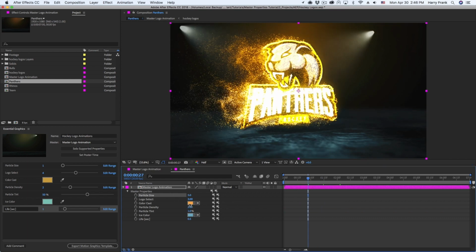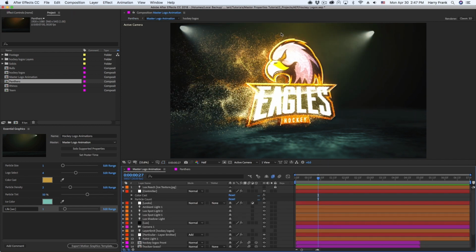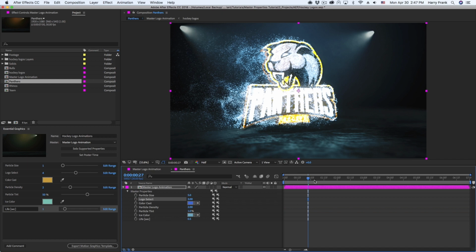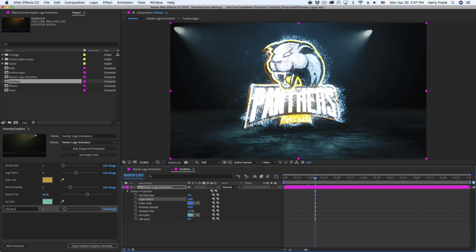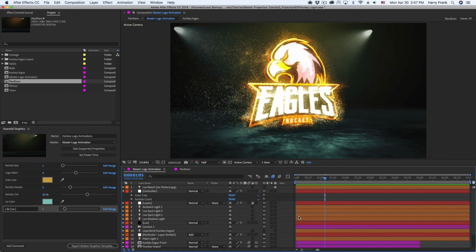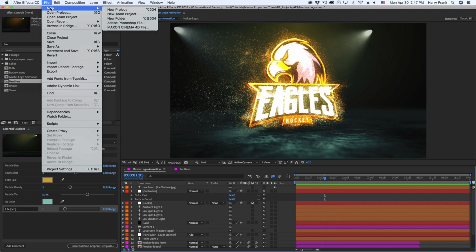I can change particle size, I can change the overall color, I can even change out the logo that I've got defined. So in this case, where we've got one logo animation and we'd perhaps want to change this to 4 different logos or even 400, we can easily make the changes and keep all of our design decisions centralized within one composition. So this is much better shown than described, so let's jump into a new composition and get